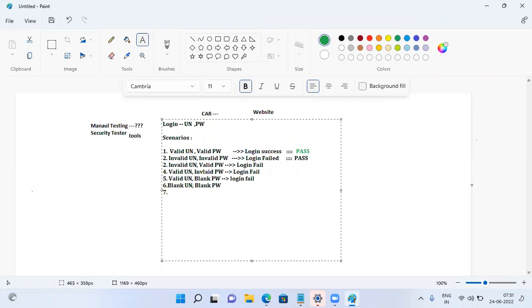Then let me see what all the answers you guys have given. Both are blank, blank username, invalid, valid. That's it. Okay, Raghavendra says